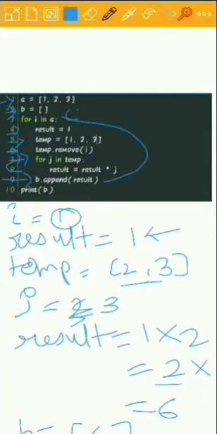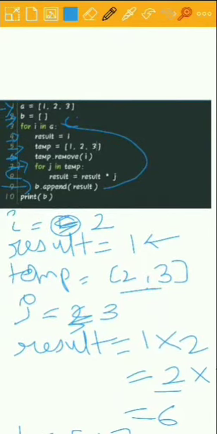It will check if there is any other element in A. Yes, there is. So i will become 2, and again result will become 1, and this time again we create temp list with values 1, 2, 3, and remove the value 2 from the list. So after removing, temp list will contain only 1 and 3.